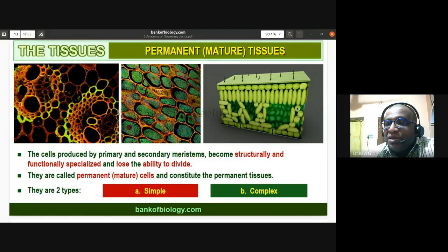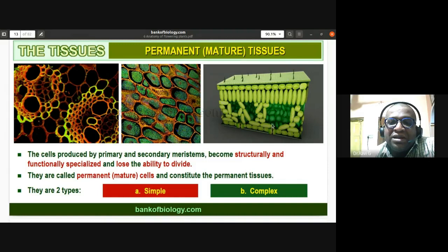And there are loosely arranged ellipsoidal or spherical cells. This we call the spongy chlorenchyma. So palisade mesophyll or palisade chlorenchyma, and spongy mesophyll, or you can also call it spongy chlorenchyma. They have a lower epidermis, and only in the lower epidermis you can notice the stomata. The upper epidermis does not have that. So this is the anatomy of a dicot leaf, a dorsiventral leaf.